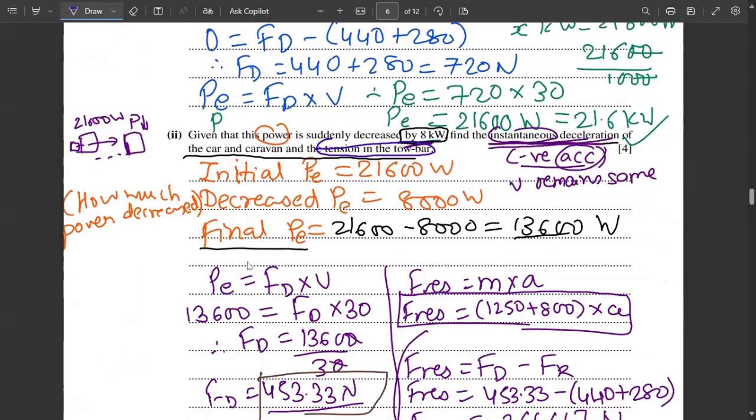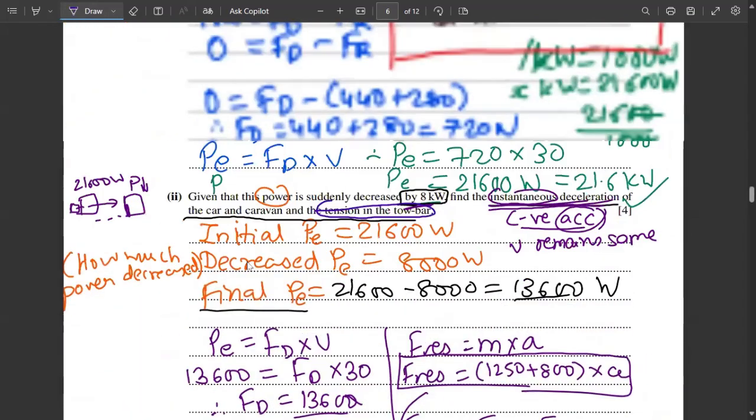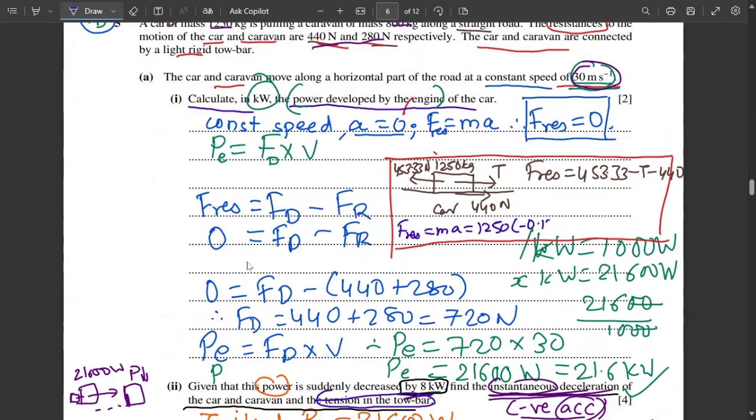Acceleration is minus 0.125. Okay, so 1250 into minus 0.125 is equal to, if I put this in the calculator, 453.33333 minus 440. The answer is 13.333